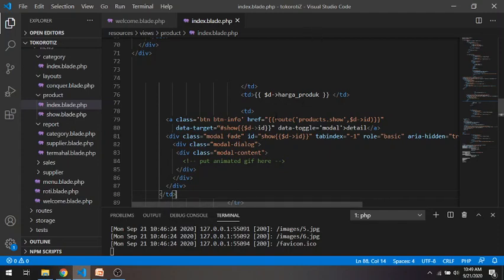Remember we have already written the name product.show with ID as the parameter. This one was already built when we created our service route.